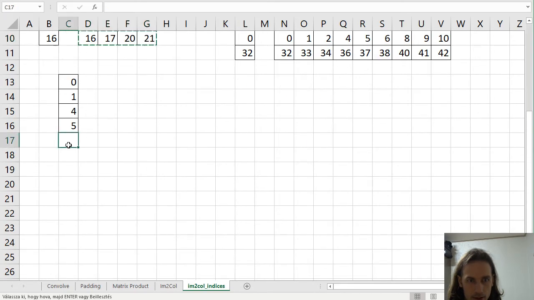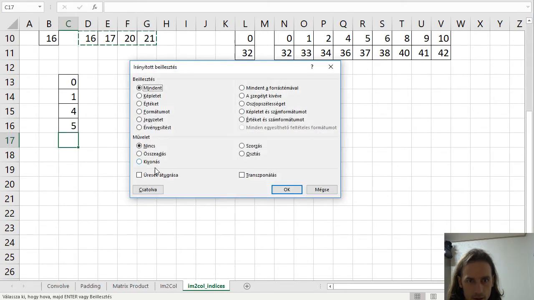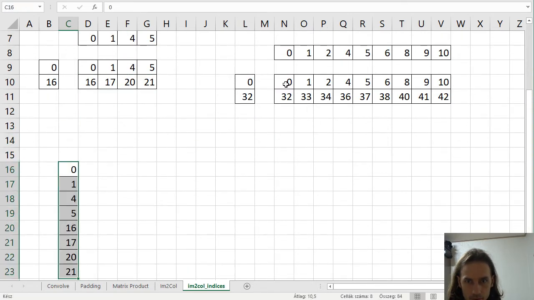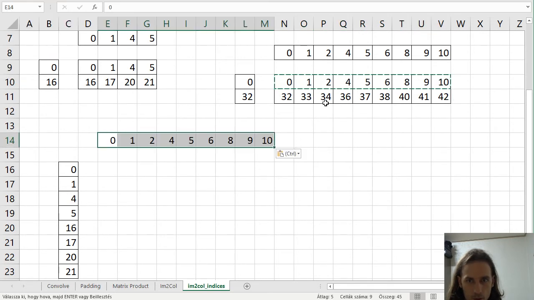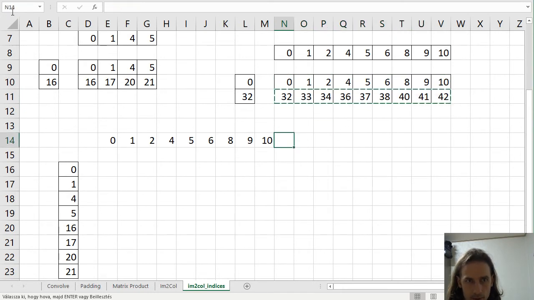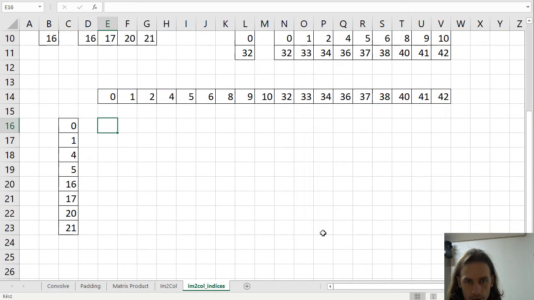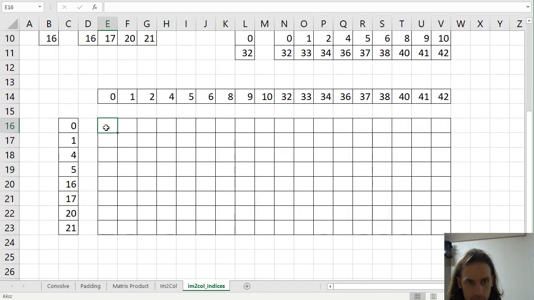Just like this, raveled and transposed. This one's going to be raveled and transposed too. And this is going to be this very nice matrix, which is,